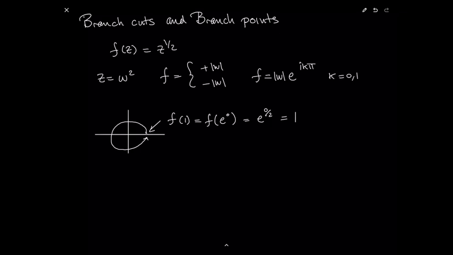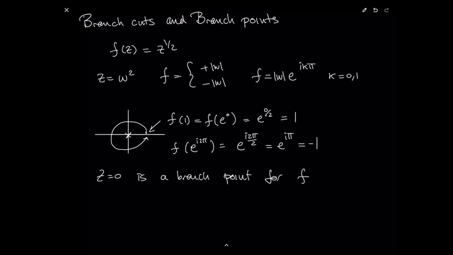And now we move this around, and we go all the way around, and where do we end up? Well, we end up with f of e to the i 2 pi, which is equal to e to the i 2 pi over 2, which is e to the i pi, which is equal to minus 1. In other words, when we go around this closed loop, f won't go back to its initial value. There's a discontinuity along here. And this happens for any loop which encompasses that point. What we say is that z equals 0 is a branch point